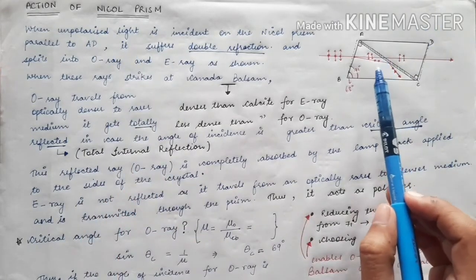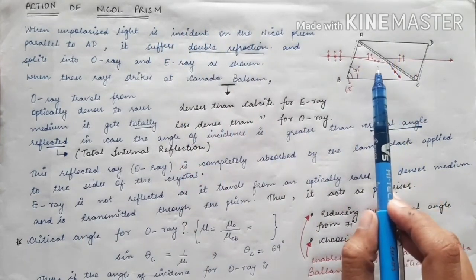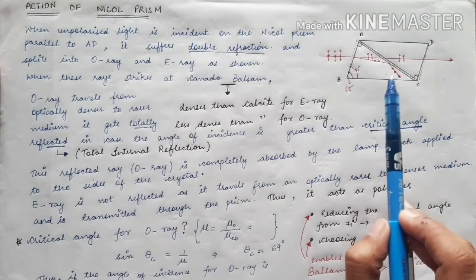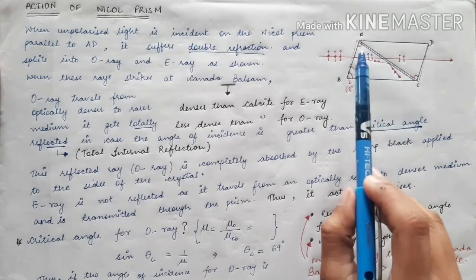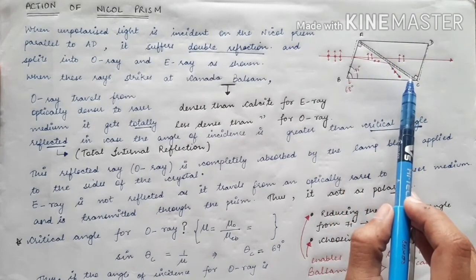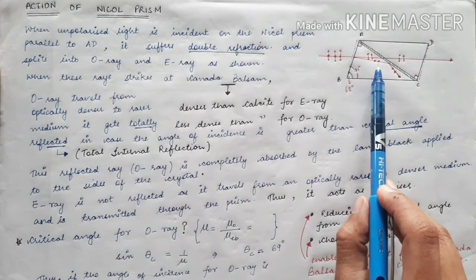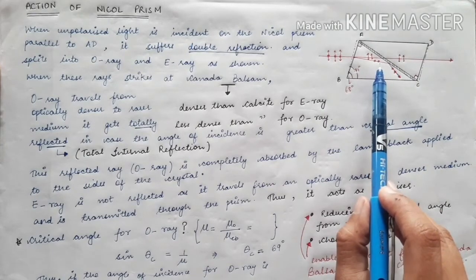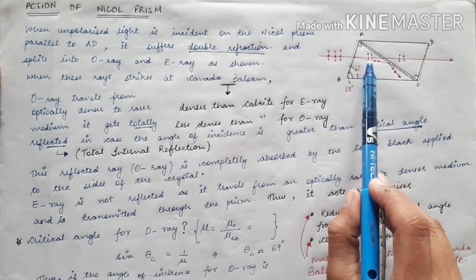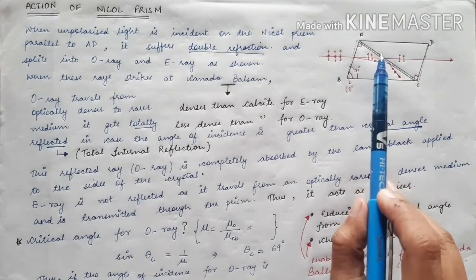Now the Nicol prism is made from a calcite crystal, and the calcite crystal is divided into two halves. We already discussed how the calcite crystal is divided into two halves and then cemented together again using a coating of a Canada balsam layer. This Canada balsam layer has a refractive index of 1.55. The calcite crystal for the ordinary ray has a refractive index of 1.66, and for the extraordinary ray has a refractive index of 1.48, and that we already discussed.